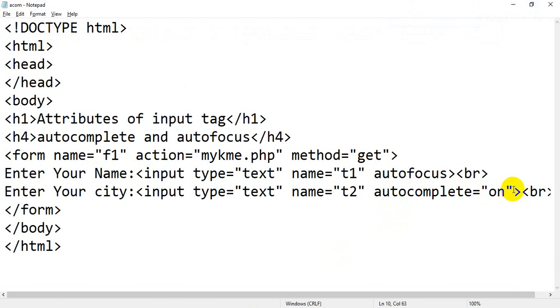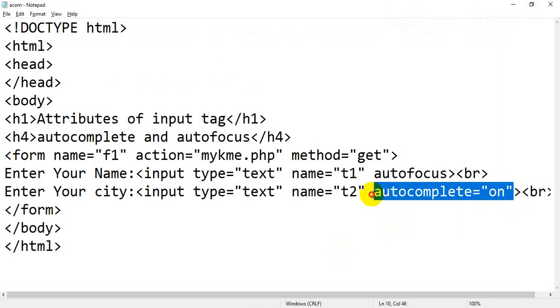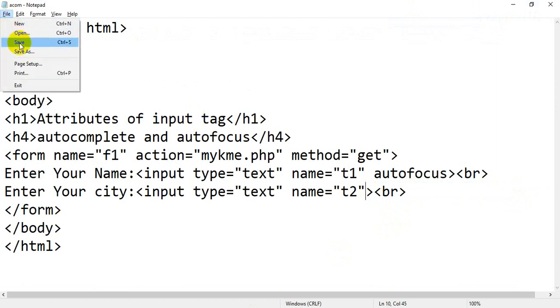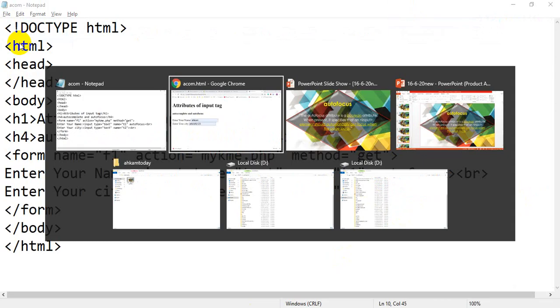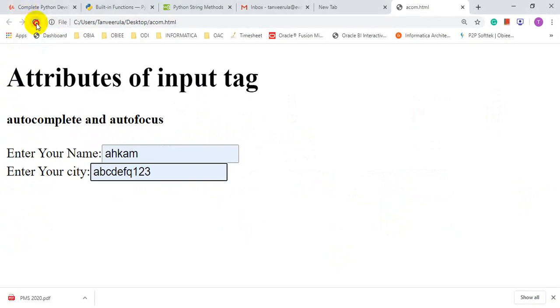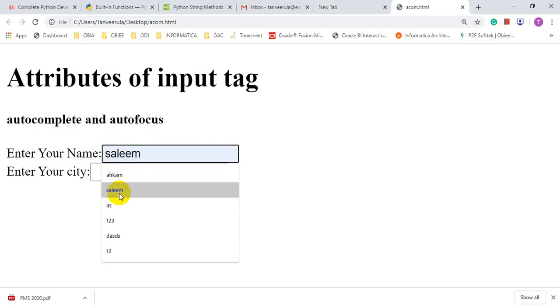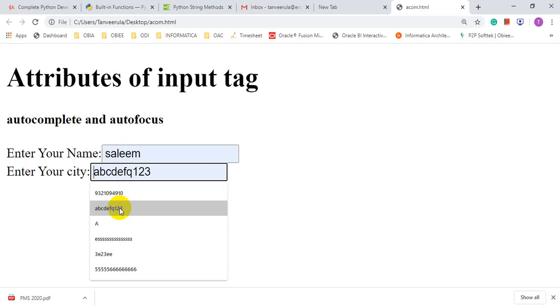But if you remove this attribute, click on save, flip back to your browser, refresh the page. In the first text box, when you click on that, you will get all the values which you have used and it will autocomplete the text box. In the second, again you will get all the values.